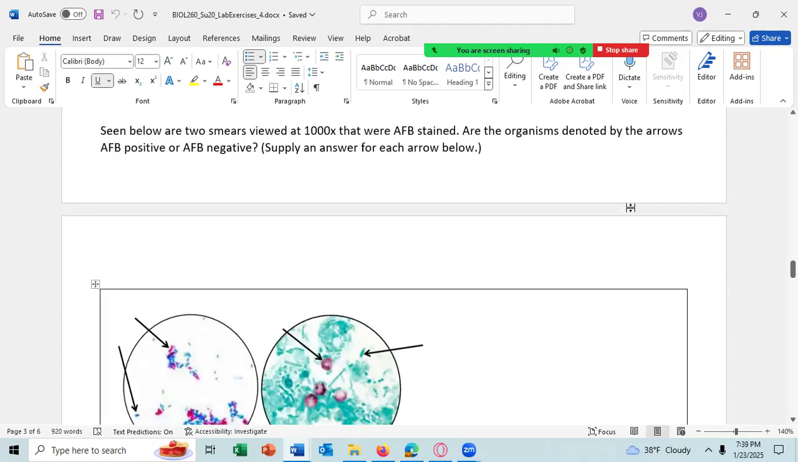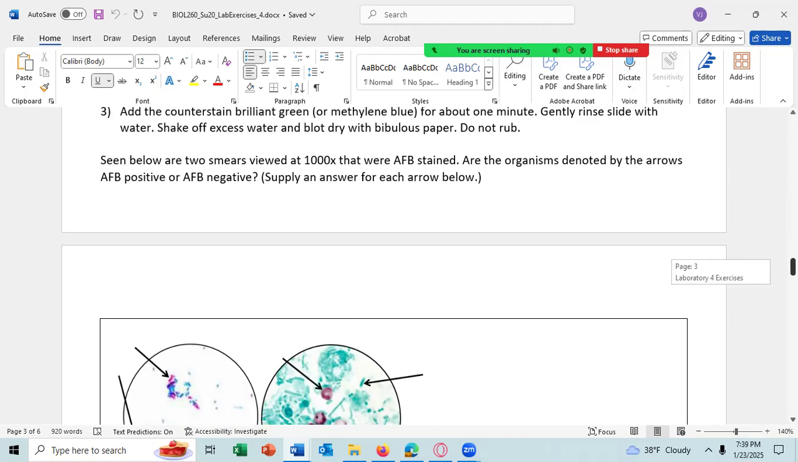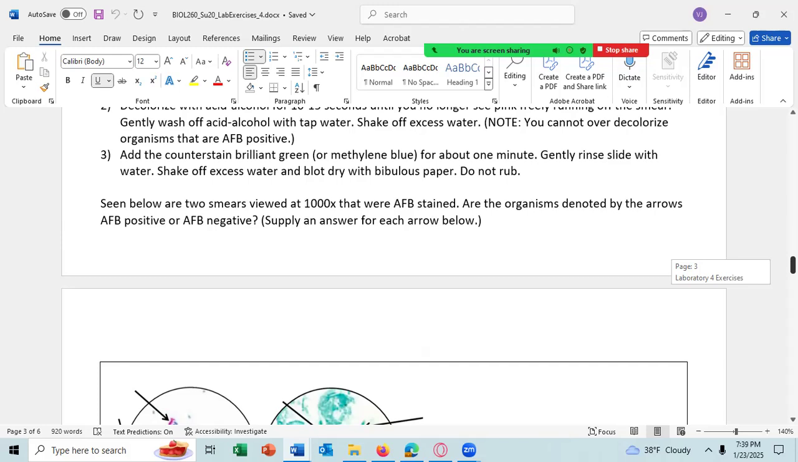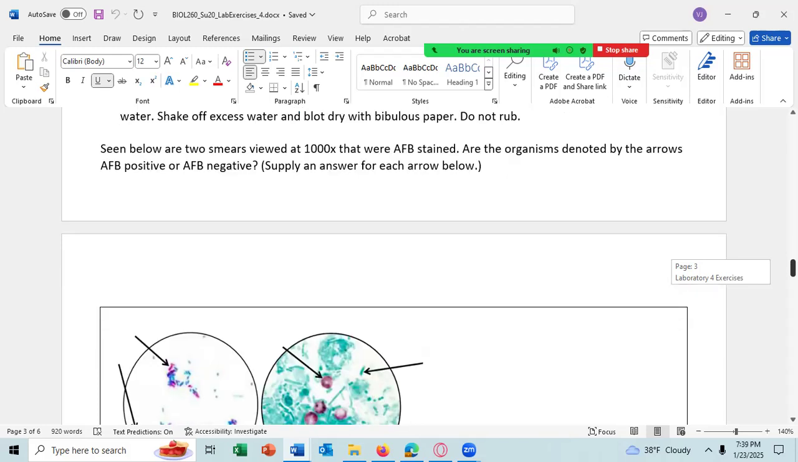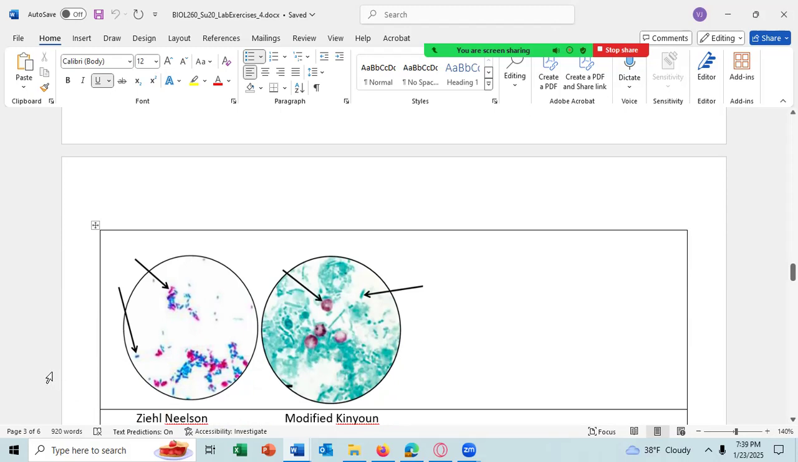All right. If not, we can come down here to this picture and answer the questions denoted by the arrows. Is the cell acid fast bacteria positive, or acid fast bacteria negative? You should have an answer at each arrow, and you can write it right here and right there, or you can type it right above the picture or below the picture